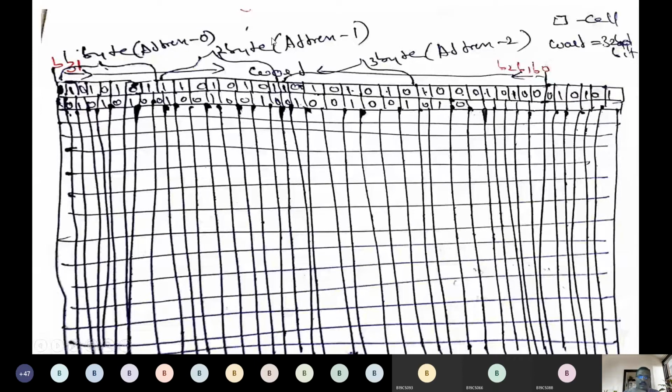Is it 0, 1, 2, or 3? Because this word consists of 4 bytes: the first byte address is 0, the next is 1, the next is 2, and the last byte address is 3. So what is the address of this word? Can anyone guess out of these 4? Is it 0, 1, 2 or 3?